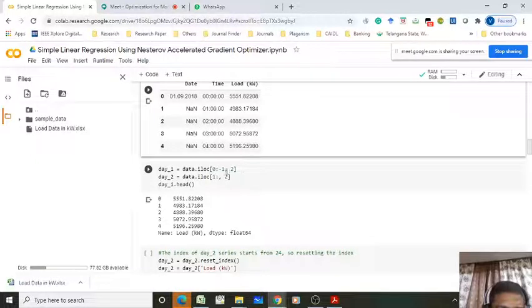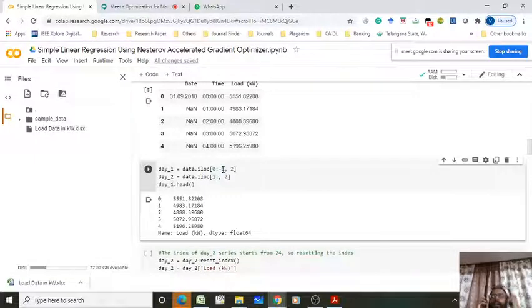See, before, we were taking 24 hours back, to predict the load at a particular hour of the day based on the previous day, 24 hours back. That's why I was taking minus 24 here. But now I want to predict the load at a particular hour of the day based on the previous hour, 1 hour before. That's why I am taking minus 1. And here we had 24 columns in the previous example, but now it is 1 column, right?